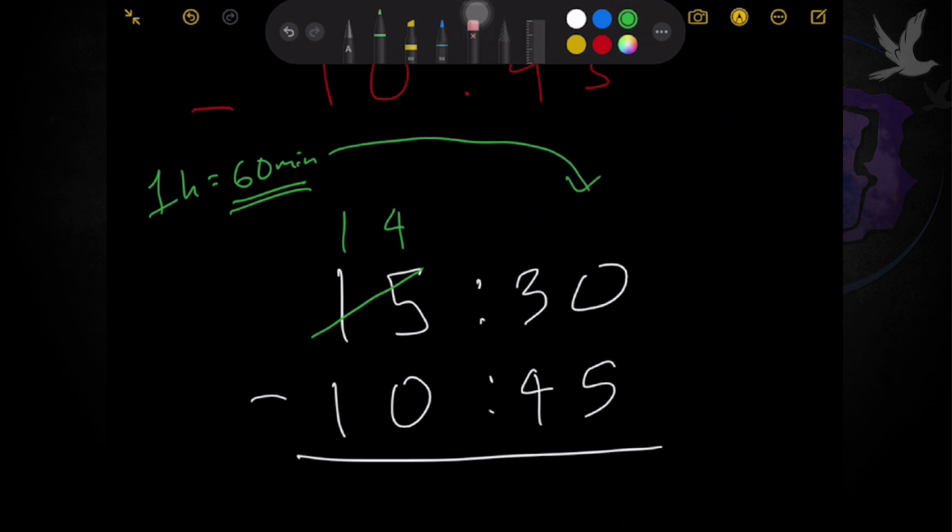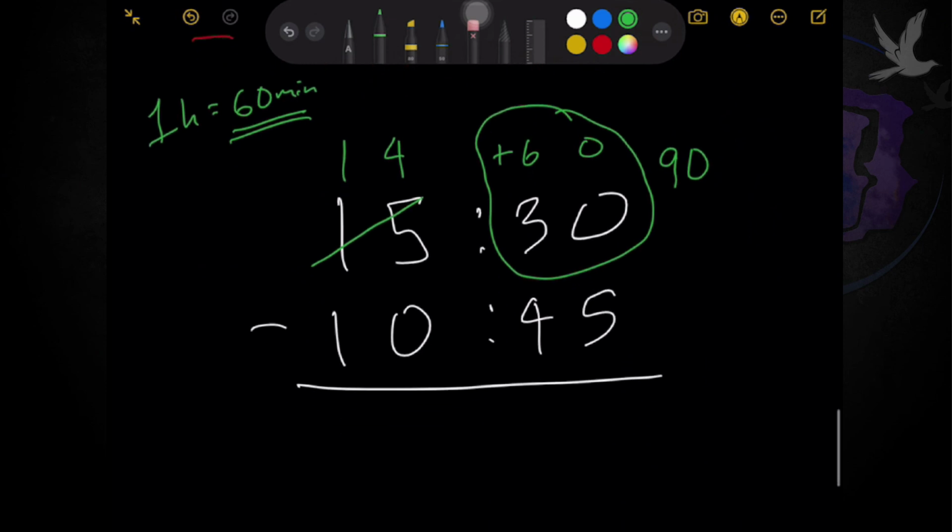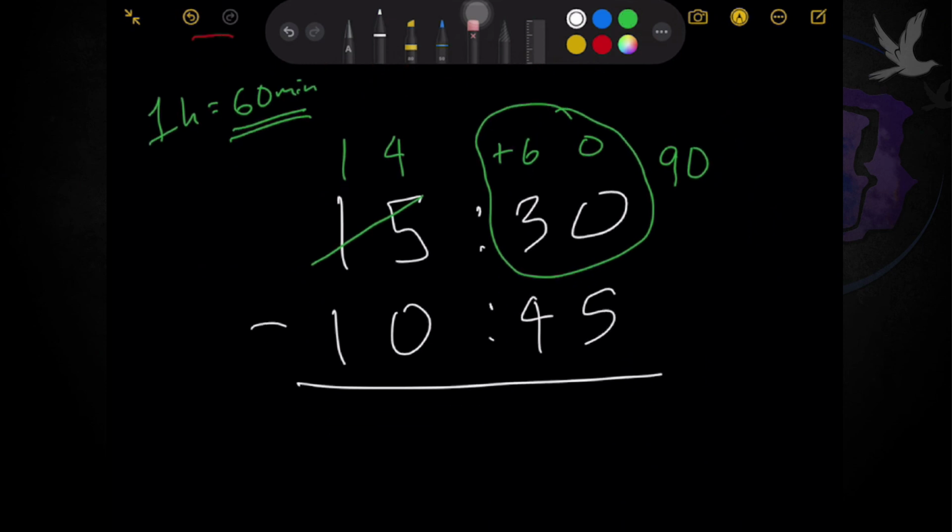Okay? So which means magkakaroon tayo ngayon ng plus 60 here. And if you're going to add 60 to 30, this will now become equivalent to 90. Diba? Rewriting this again, you have 14:90